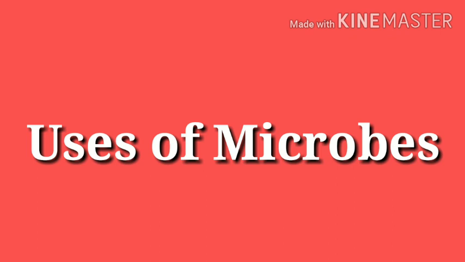So we can conclude that some microbes are very useful also, and some microbes help in decaying of dead plants and animals. Some plants and animals are lying here and there in the forest, on the road or on the ground, and some microbes like fungi are helpful in decaying them so that our environment can be neat and clean. So thank you students, revise this properly.